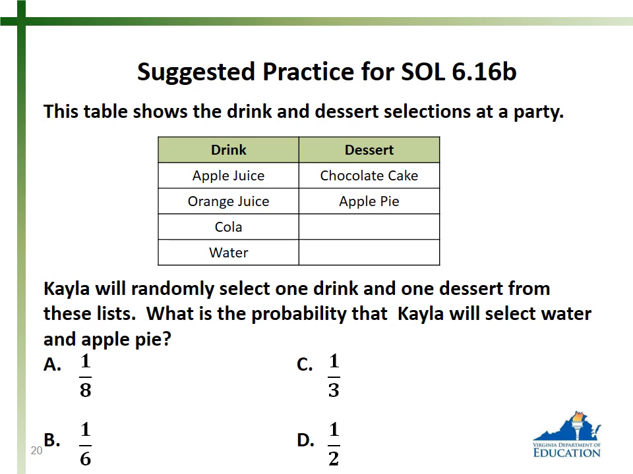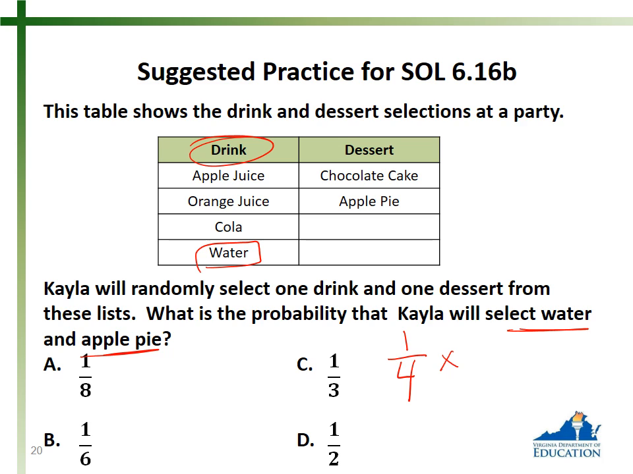So we have this table that shows drink and dessert selections at a party. Our friend Kayla will randomly select one drink and one dessert from the list. What's the probability that Kayla will select water and apple pie? And so we notice that in our drink selections, there's only one water. And so one water, the probability of selecting water would be 1/4